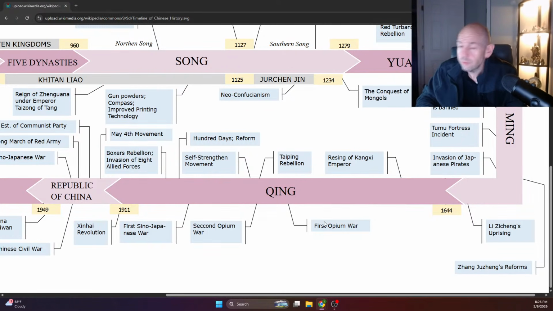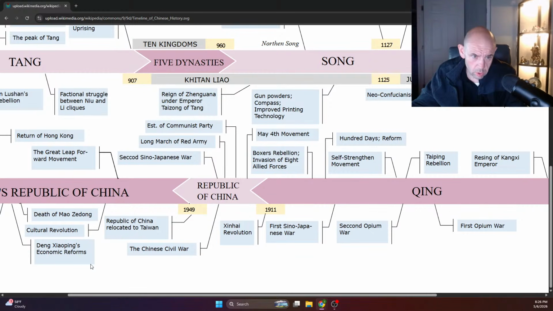And once the Chinese fleets were no longer able to compete in Canton waters, that allowed the Europeans to basically sit off the coast, bomb the city from the coastline, and more or less force the city to concede defeat. And that is how the First Opium War concludes. This is the start of that century of humiliation. And it'll continue all the way until you get to Mao Zedong, where